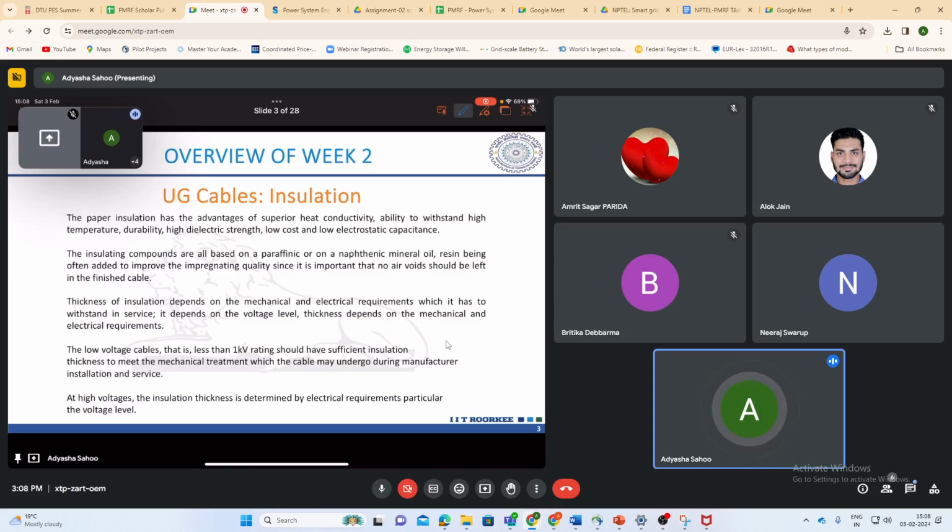So the most common insulating material that we use is paper, right? So this paper,